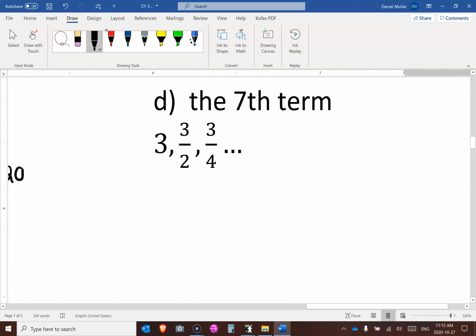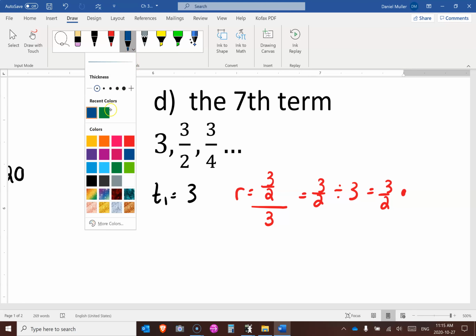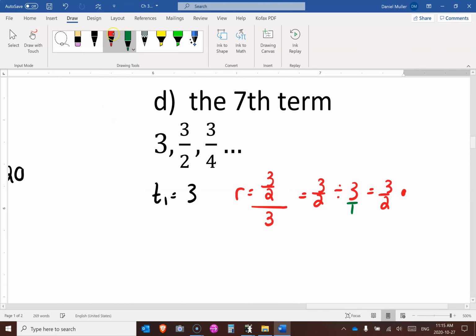The 7th term. Okay, so T1 is 3. Our R looks strange. So 3 over 2 is the second term divided by the first term, which is just a 3. So I don't like writing vertically. Let's go 3 over 2 divided by 3. Well, that's 3 over 2 times flipping this fraction. Now keep in mind this is a fraction of 3 over 1, so we can flip that to a 1 over 3 and turn it to a multiply. Those 3's can cancel out, and you just have a half. So my r is equal to a half,